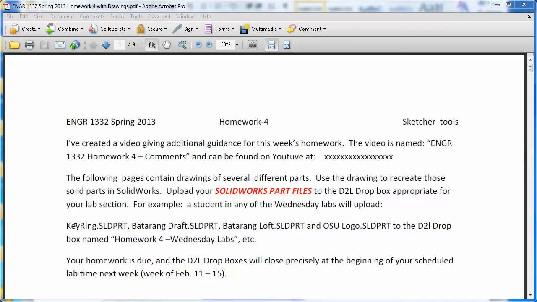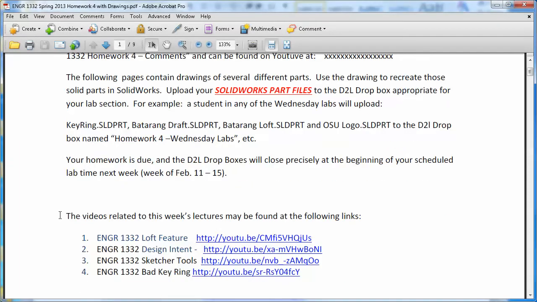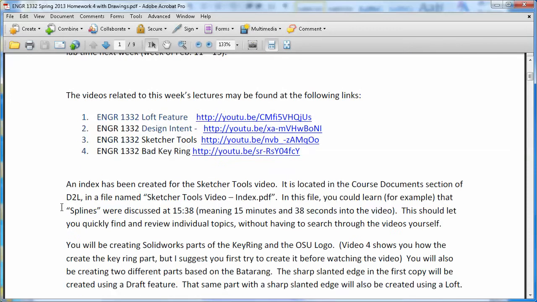You're going to put them in a D2L Dropbox named Homework 4 dash Wednesday labs if you're a Wednesday student, Tuesday labs if you're a Tuesday student, etc. Homework due next week. That's not the main thing that I want to talk about. I will point out that